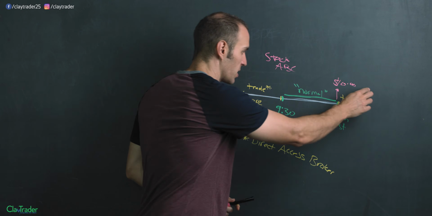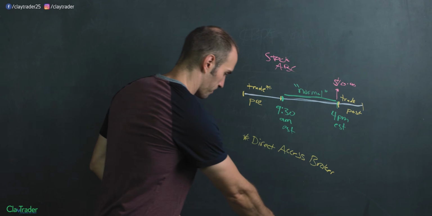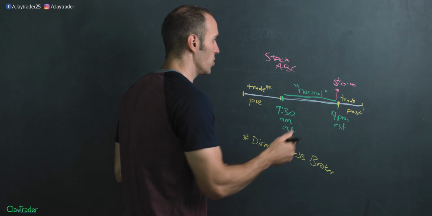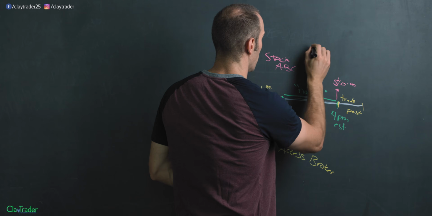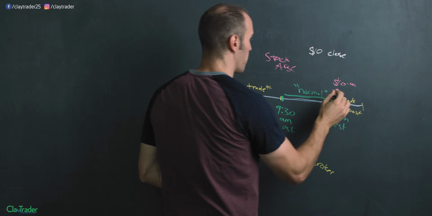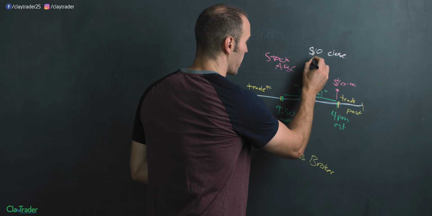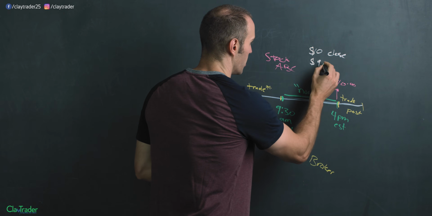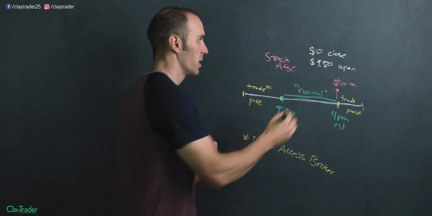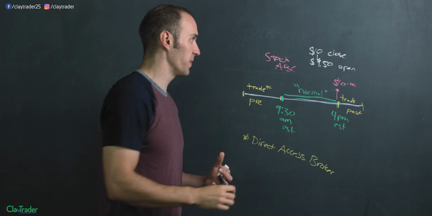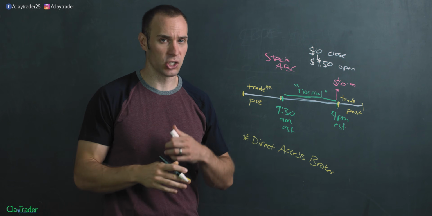So that means the next day, when we come back around here to the normal market hours, because people were selling and getting out, what does that do? Well, that would create a gap down, meaning the price closed, I'll come right up here, at 10. So that was the close. But because of that bad news that happened in after hours and then pre-market, people are selling. So therefore, the price is going to open at, let's just say, $9.50. That means it was a gap down because the price was up here and now it's only worth $9.50, hence a gap down. Now, gap downs can occur for many other reasons, earnings, just random news.